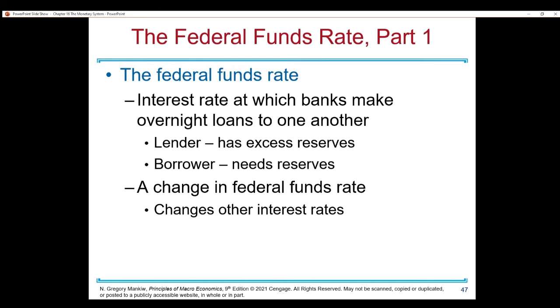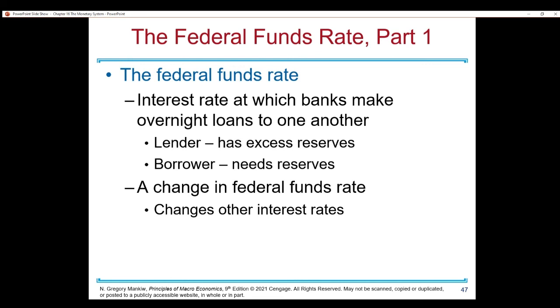The Fed tries to set the federal funds rate. The reason is that these interest rates are highly connected with other interest rates. So if it rises or falls, other interest rates will follow. You can think about it, if the federal funds rate falls, it's likely your savings rate will also fall. So if your savings rate falls, you might want to deposit less money, or if your savings rate increases, you might want to deposit more money. So the Fed tries to target certain federal funds rates, even though these rates are determined by market demand and market supply.